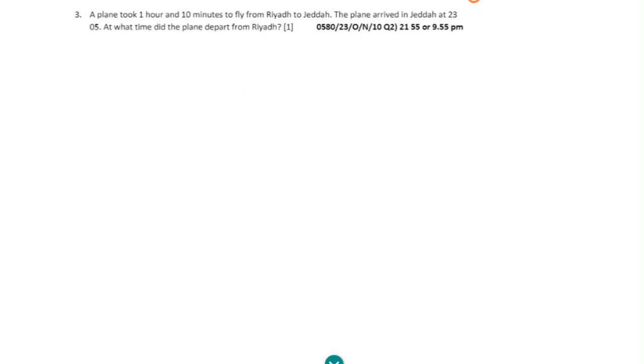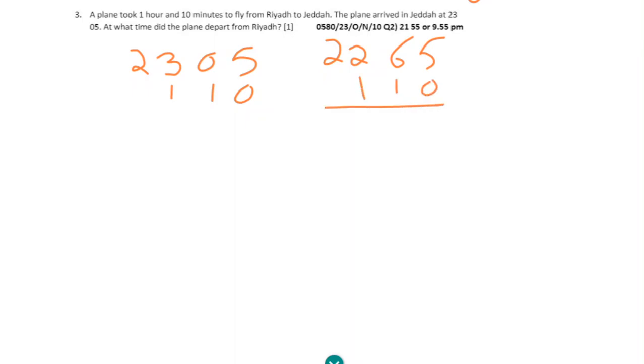Question number 3. A plane took 1 hour 10 minutes to fly from Riyadh to Jeddah. The plane arrives in Jeddah at 23:05. At what time did the plane depart from Riyadh? So subtract these two times, 23:05 and 1 hour 10 minutes. Again, 10 minutes can't be subtracted from 5 minutes. Change this to 22 hours 65 minutes. Now subtract these times. So 65 minutes minus 10 minutes, we get 55 minutes, and 22 hours minus 1 hour,